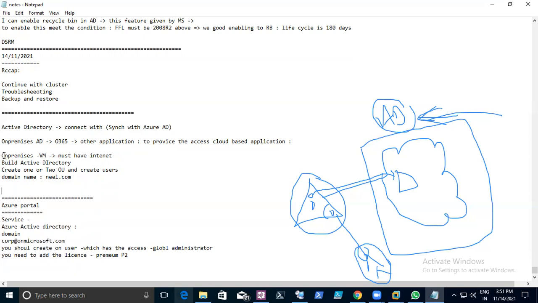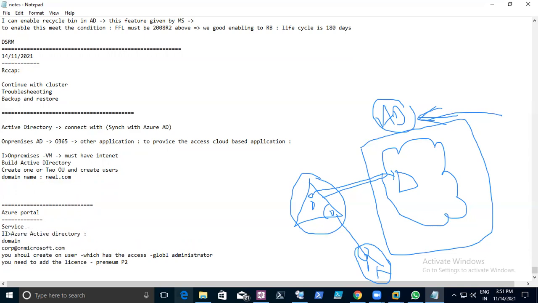This is the first step, then the second step. Third step, you need to download Azure AD Connect.